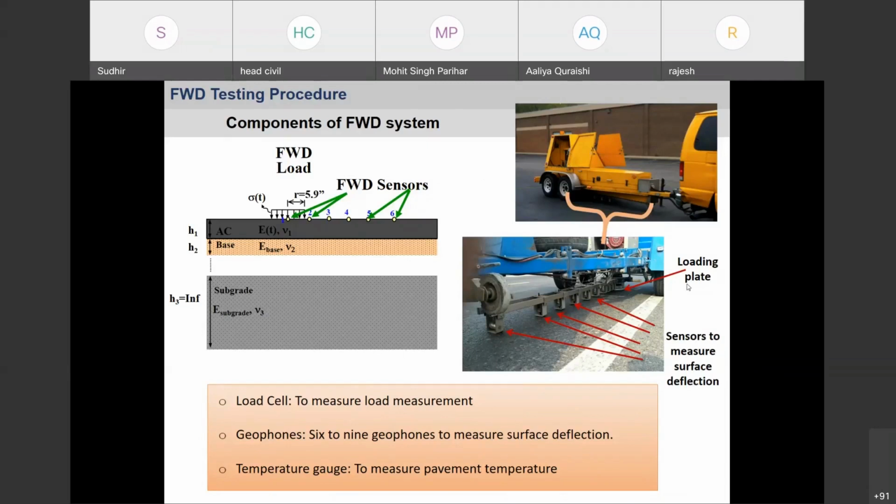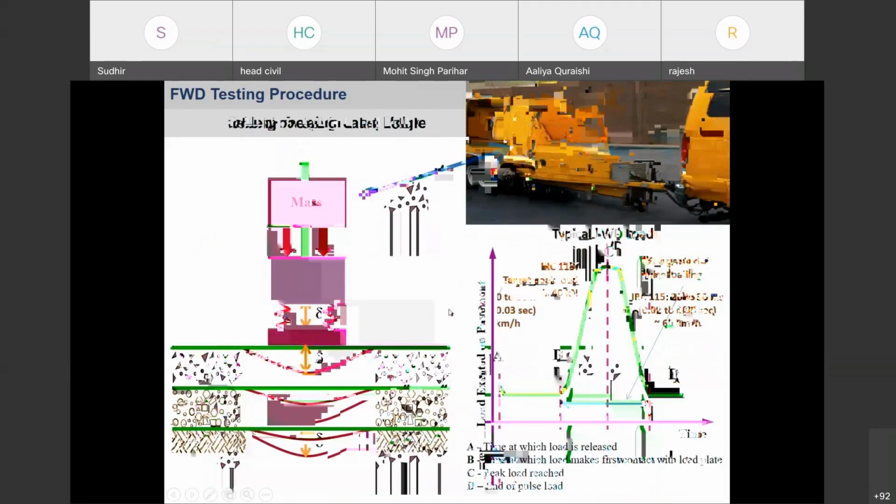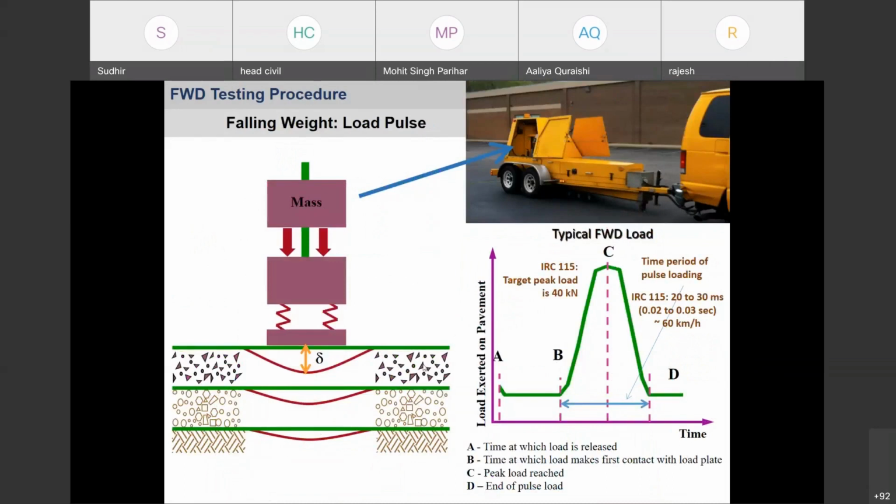In addition to the load cell and geophones to measure surface deflection, there is also a temperature gauge to measure the temperature of the pavement during the test. As there is a pulse load that needs to be created through this loading plate, the pulse is created by dropping a mass on the plate. As the mass is dropped, there is a time from A to B, and B is, in the plot, you can see